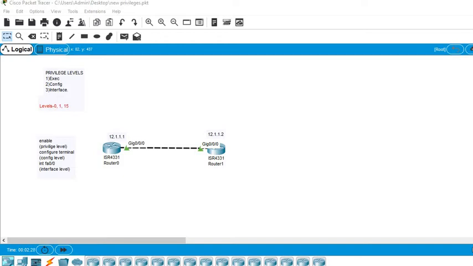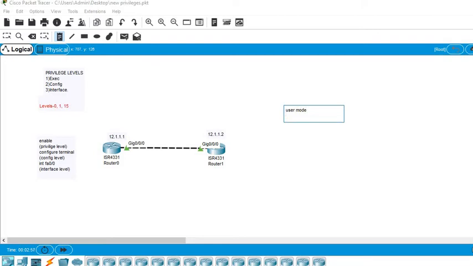I also want to tell you that there are three levels. I have already written the exec mode, config mode and interface mode, and it works similarly. If you want to run any of the commands related to configure mode, you have to type at the configure level. Let me write here and make you understand. First you are in the user mode.